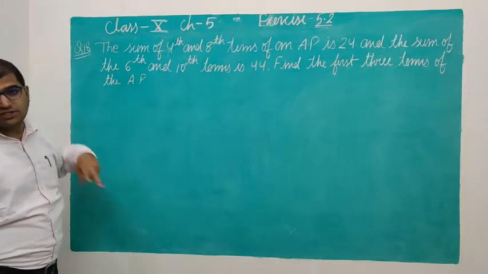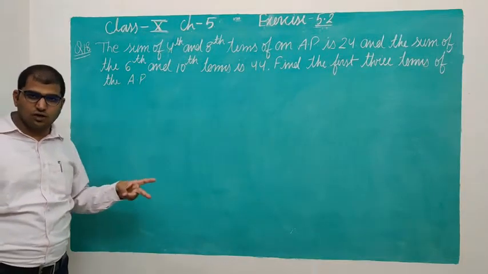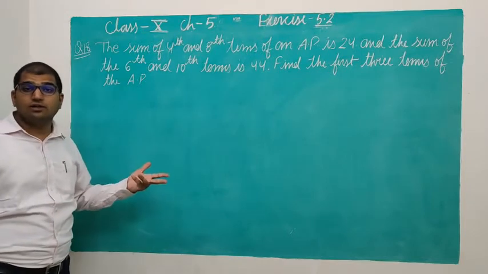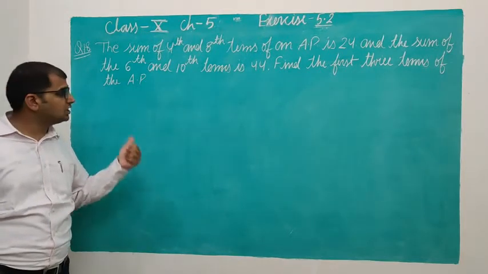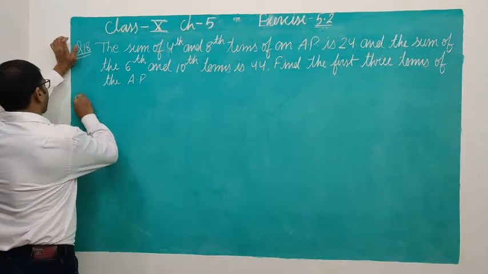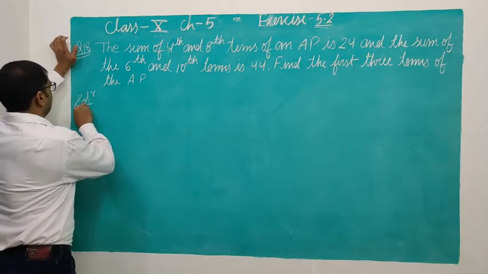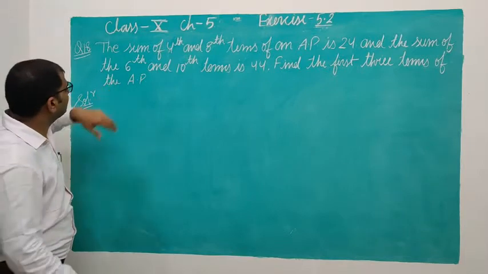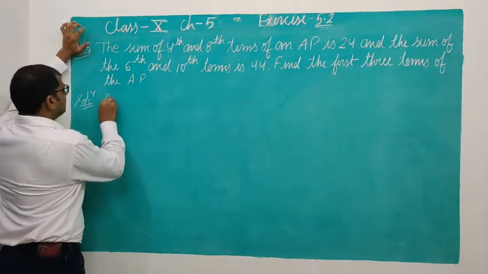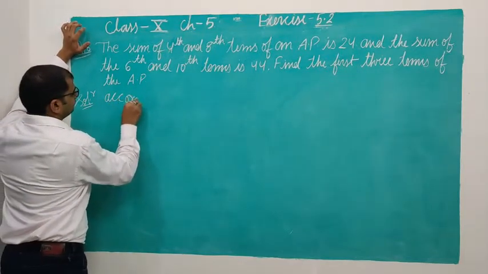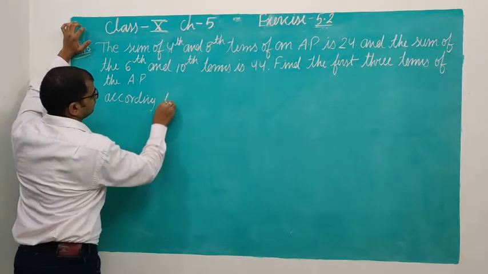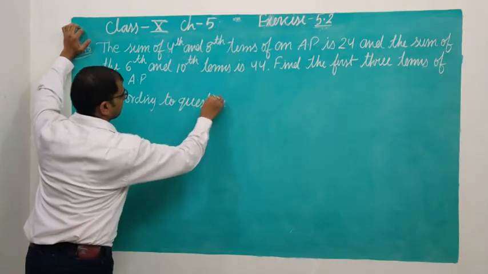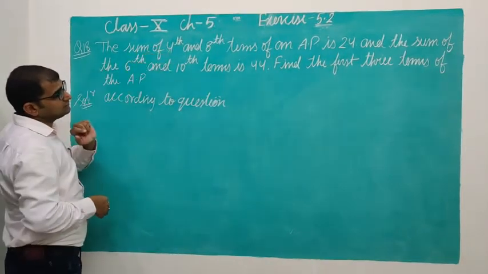तो जो दो कंडीशंस आपको दे रखी हैं उनसे अपन 2 इक्वेशंस फॉर्म करेंगे, उन दोनों इक्वेशंस को सॉल्व करेंगे. Then after finding the value of A and D, see the solution of this question. थोड़ा सा लेंथी है ये but easy है, right? देखिए, according to the question, this one is the 4th and 8th term.